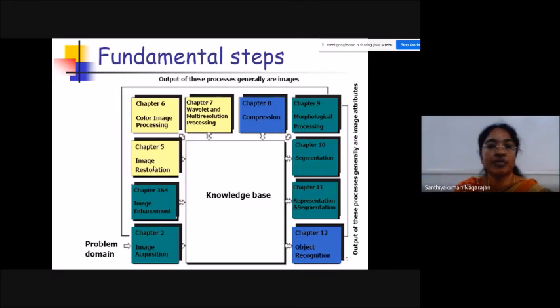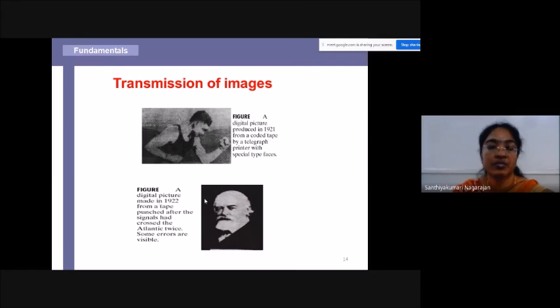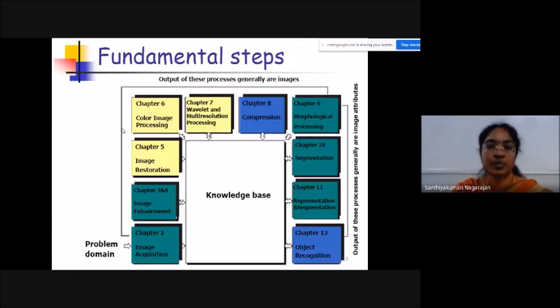The next step followed by image restoration is color image processing. As I have already stated, in the initial stage, in the early 1920s, in 1921 and 1922, the information which you acquired and pictured was a monochrome image. It's not completely black or white; it's a combination of black and white. These gray level images were captured in that way. To make that information better for our visualization and analysis purposes, color image processing steps are included.